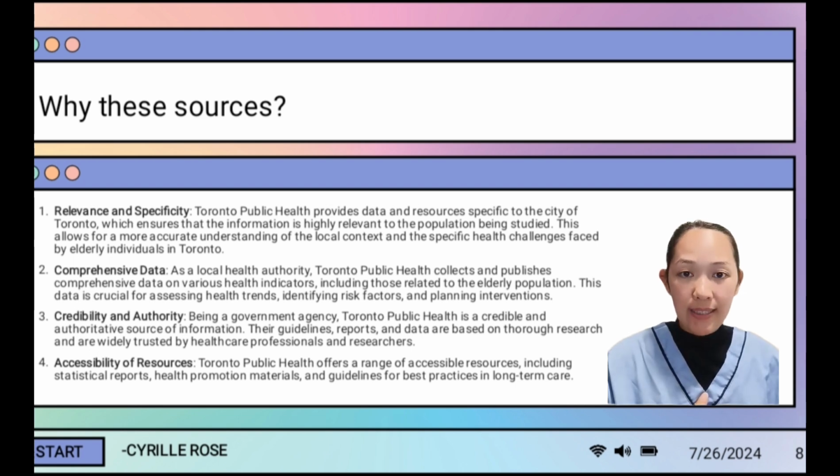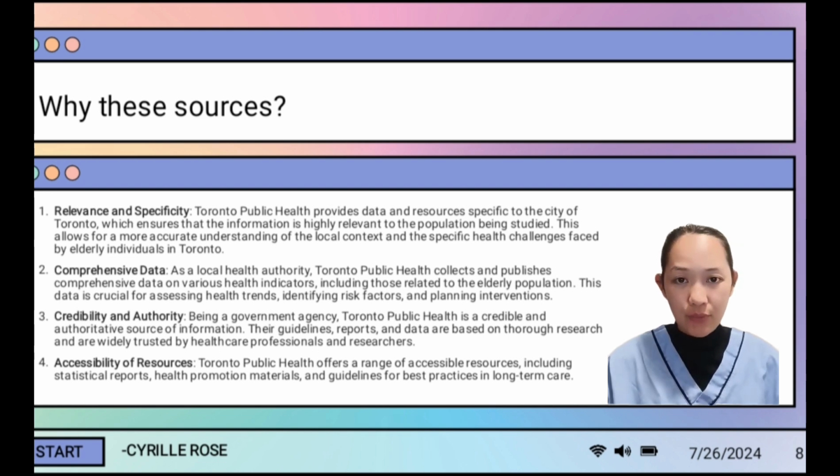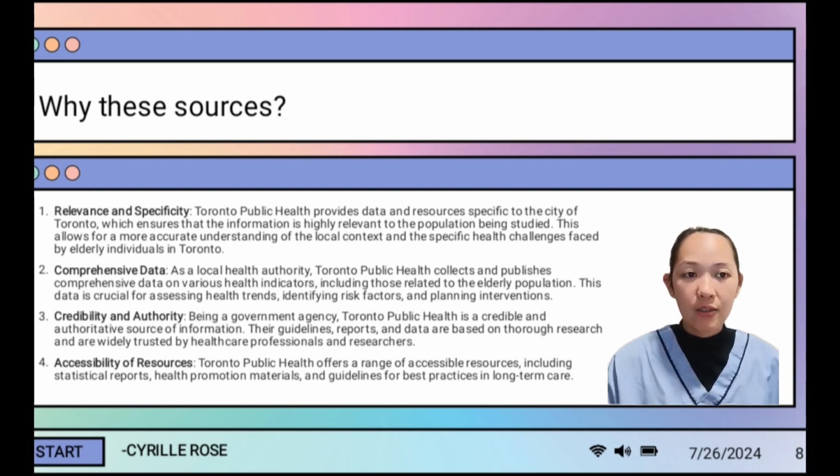Toronto Public Health is a credible and authoritative source of information. Their guidelines, reports, and data are based on thorough research and are widely trusted by healthcare professionals and researchers. Lastly, the accessibility of resources. Toronto Public Health offers a range of accessible resources, including statistical reports, health promotion materials, and guidelines for best practices